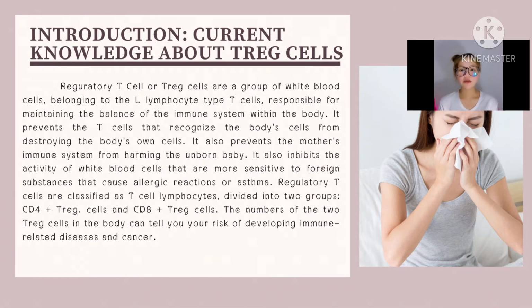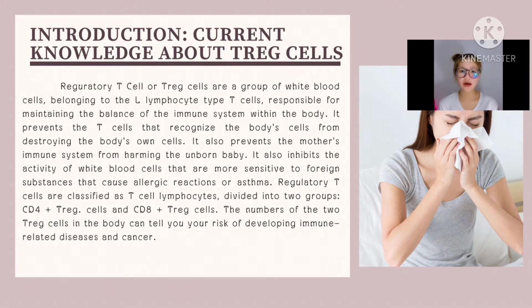Regulatory T cells, or Tregs, are a group of white blood cells belonging to the lymphocyte type. Tregs are responsible for maintaining the balance of the immune system within the body. They prevent the T cells that recognize the body's cells from destroying the body's own cells. They also prevent the mother's immune system from harming the unborn baby. They also inhibit the activity of white blood cells that are more sensitive to foreign substances that cause allergic reaction